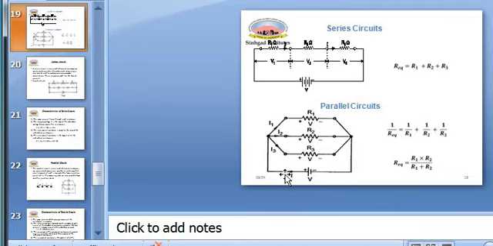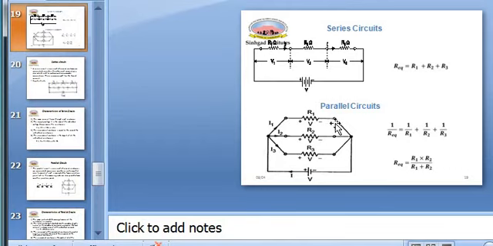Okay, but say I is the total current supplied from this voltage source. This current splits into different parallel branches. Some current from this I will flow through this resistance R1, say that current is I1. Some current flows through R2, say this current is I2, and some current flows through R3, say this is I3. So in parallel circuit, voltage remains same, current is different. In series circuit, current remains same, voltage is different.